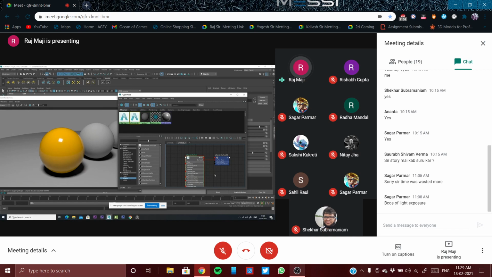And coat is basically to get the coat of the reflection. So definitely in a painted surface, coat of the reflection will be there.